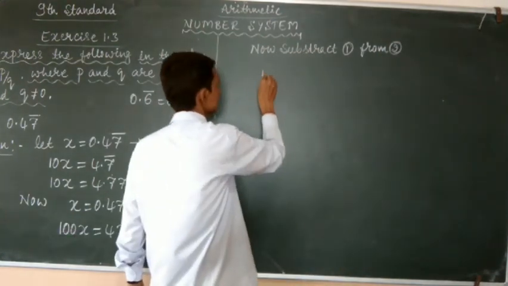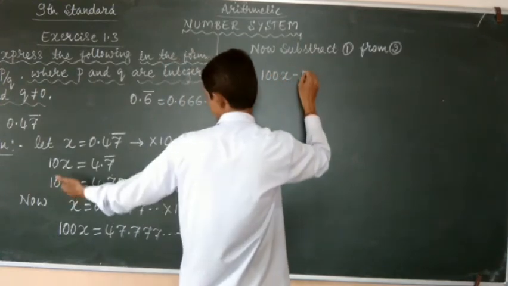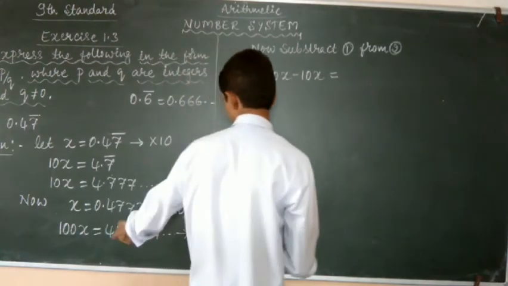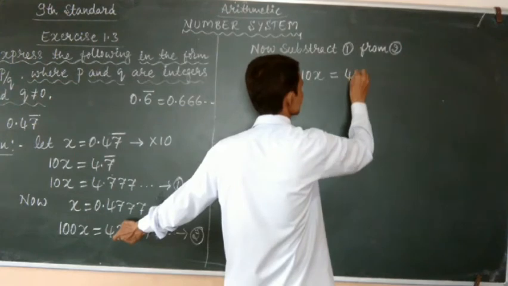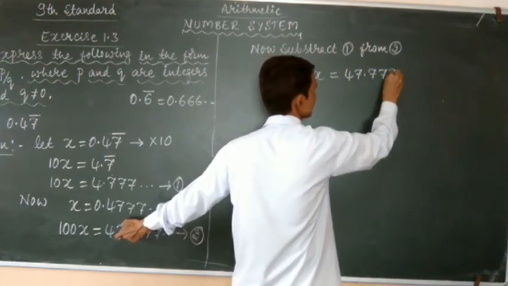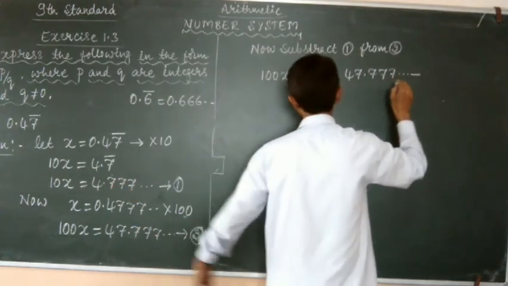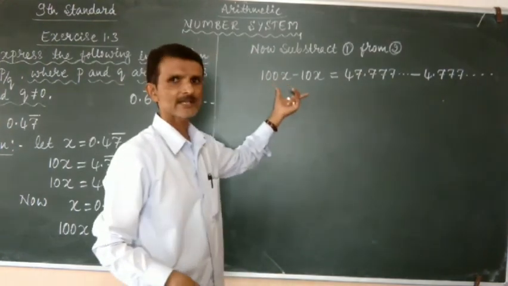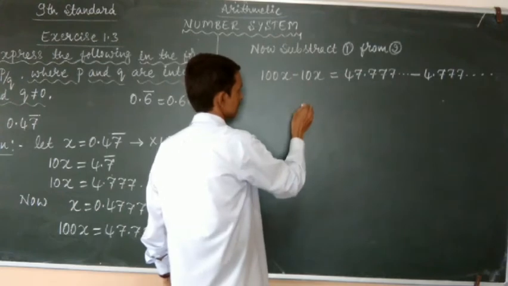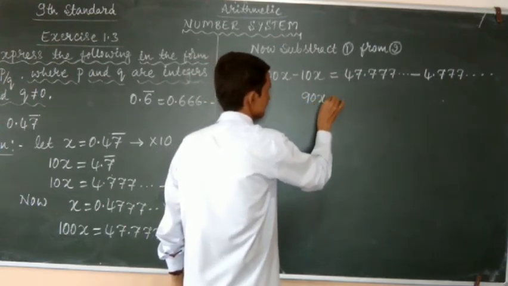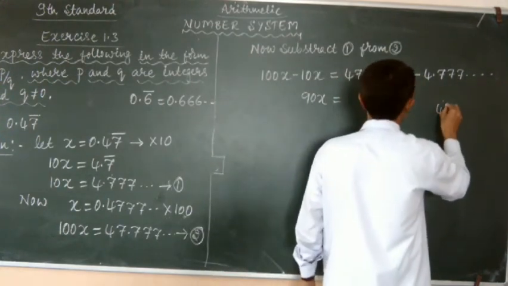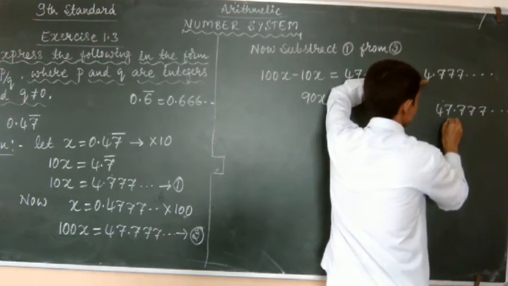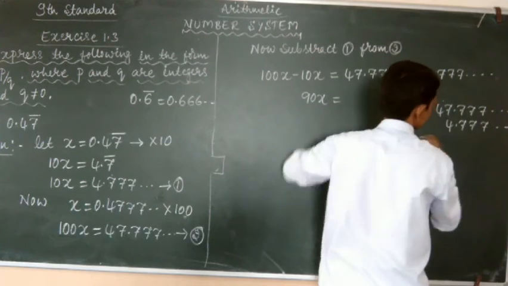We will get in the left hand side 100x minus 10x, equals, to the right hand side, in equation number 2, 47.777 etc. minus equation number 1, which is 4.777 etc. So if you simplify the left side, 100x minus 10x, it will become 90x, equals, if you subtract 47.777 etc. minus 4.777 etc., we get